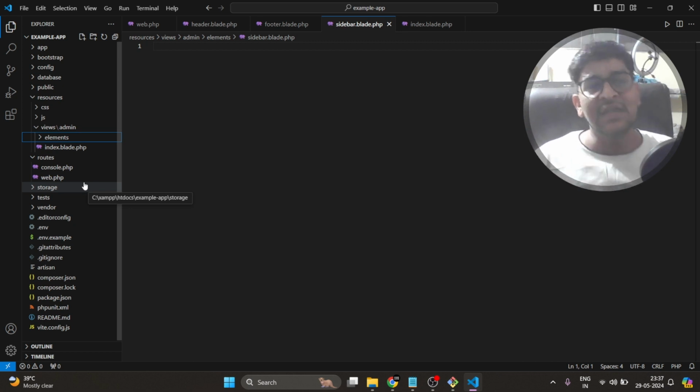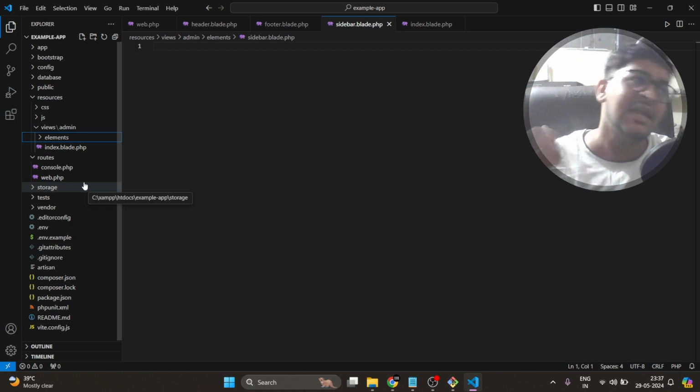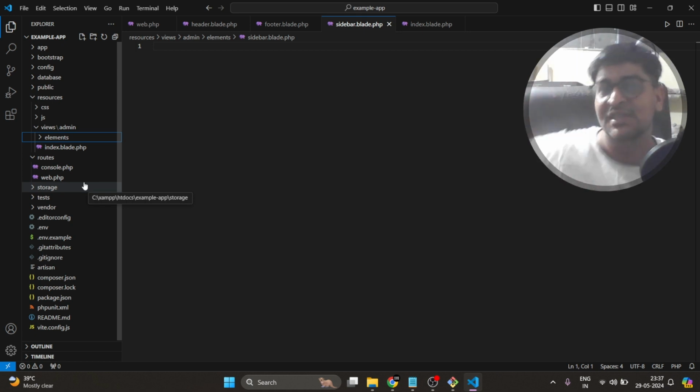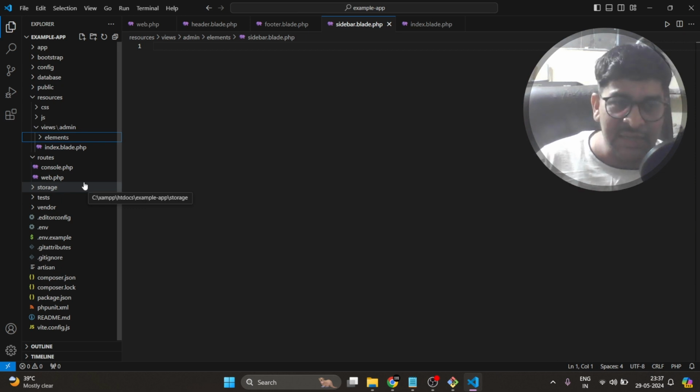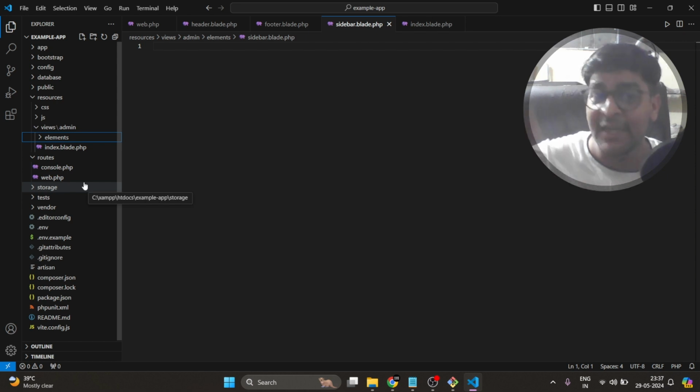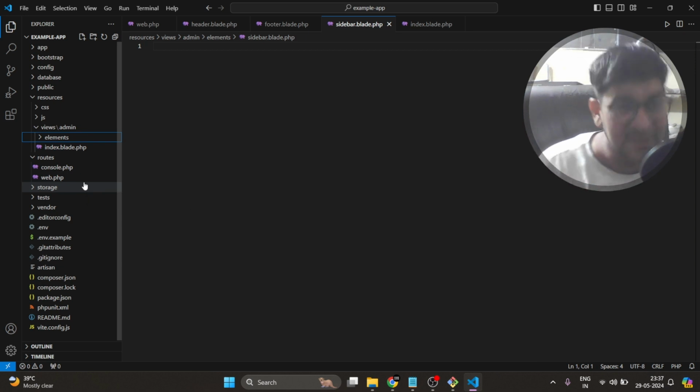Now what is the index file actually? Should the index file be called directly, with an entire function made inside it? We can do that, or we can create a layouts.blade.php and that layout will be included over the particular index blade, so that every file can use it. If we create a layouts.blade.php and include our header, footer and everything in that file, that will be an easy part, I believe.